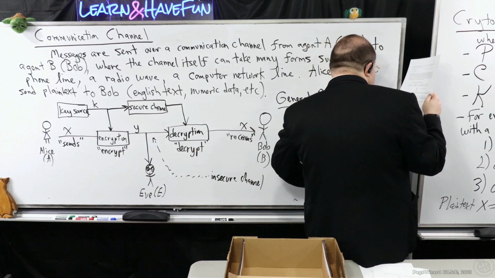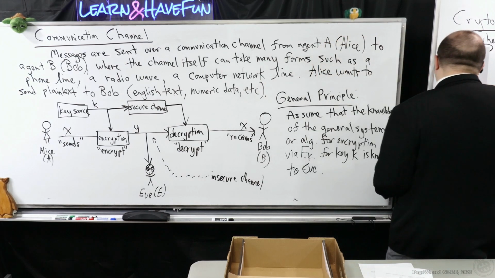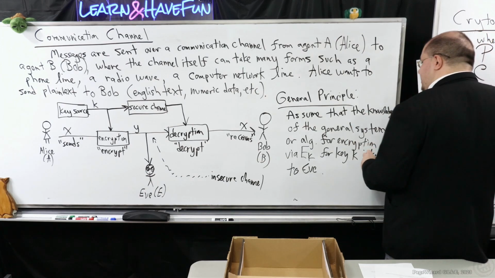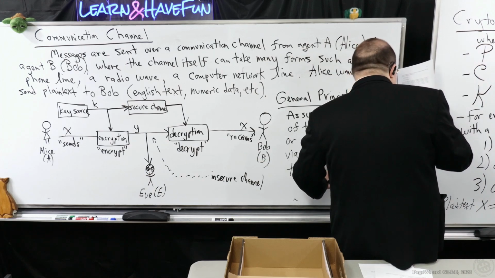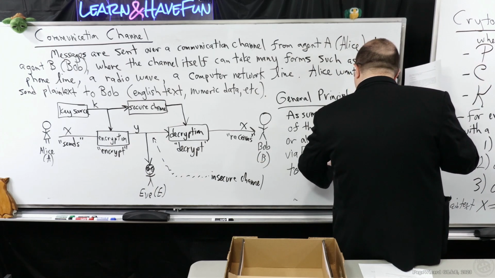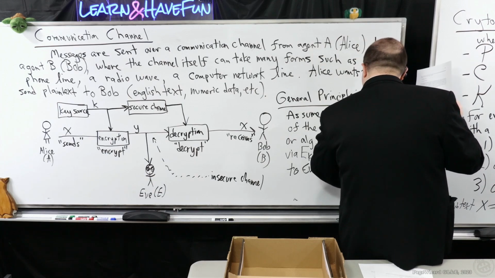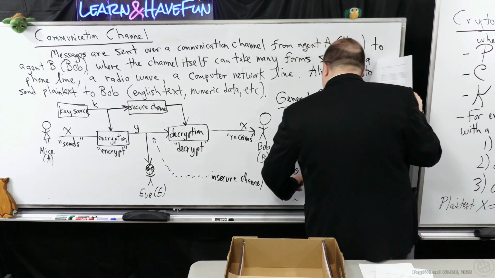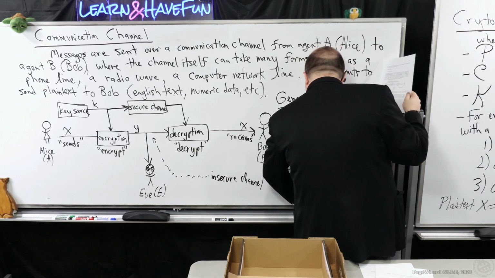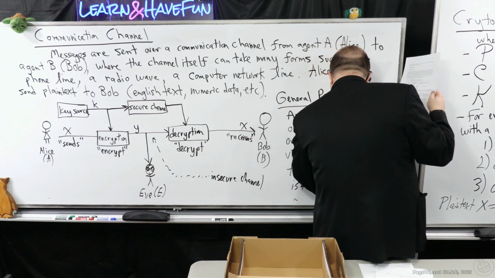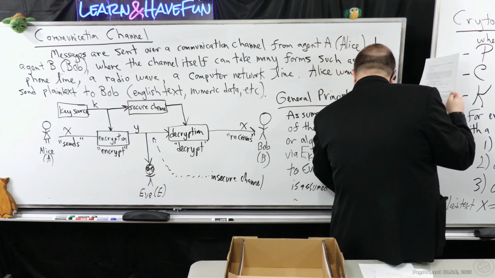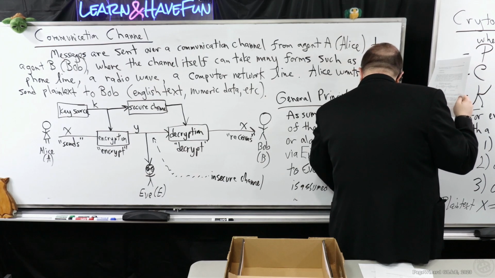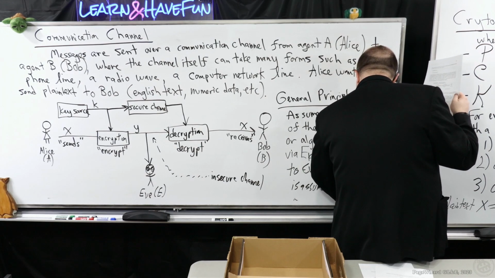Suppose Eve knows this. Suppose that Eve just doesn't know what the key is. That seems to be a pretty fairly reasonable assumption if we're talking about security. So only the key K is assumed not to be, I'll say not known. Not known